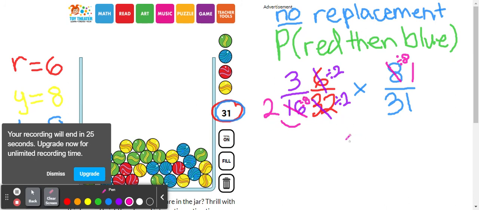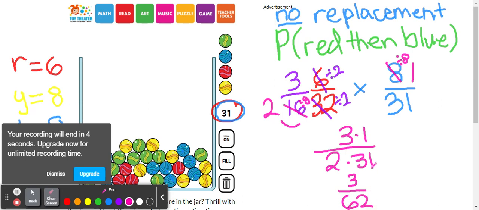Now we're going to multiply straight across. 3 times 1 is 3. 2 times 31, that I can kind of do in my head because 30 times 2 is 60. 2 times 1 is 2. So we get 3 over 62. And that is